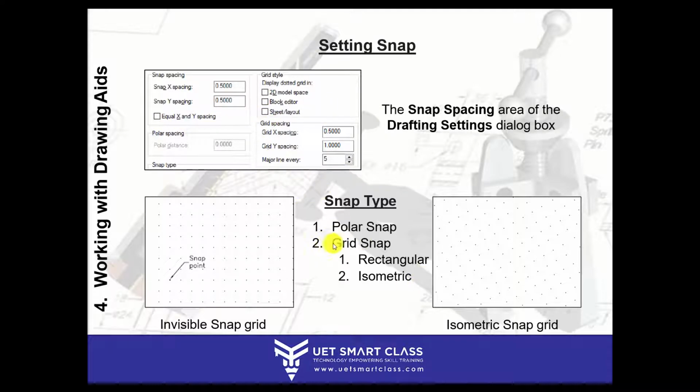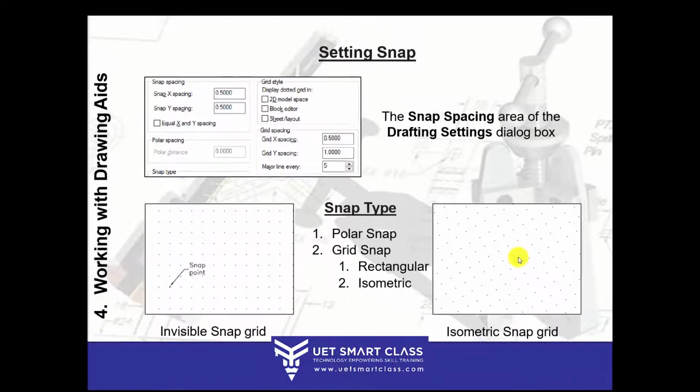Okay. There are basically two types of snap, polar snap and grid snap. In grid snap, rectangular snap is what you are already working in. When you click on isometric snap, it will change the mode for isometric drawing. So it will work in 30, 90 and 150 degrees of angle. So the isometric axes will be 30, 90 and 150 degrees. Okay. By toggling the isometric function key, that is F5, you can switch to isometric left, isometric right, and you can develop an object as in isometric 3D.